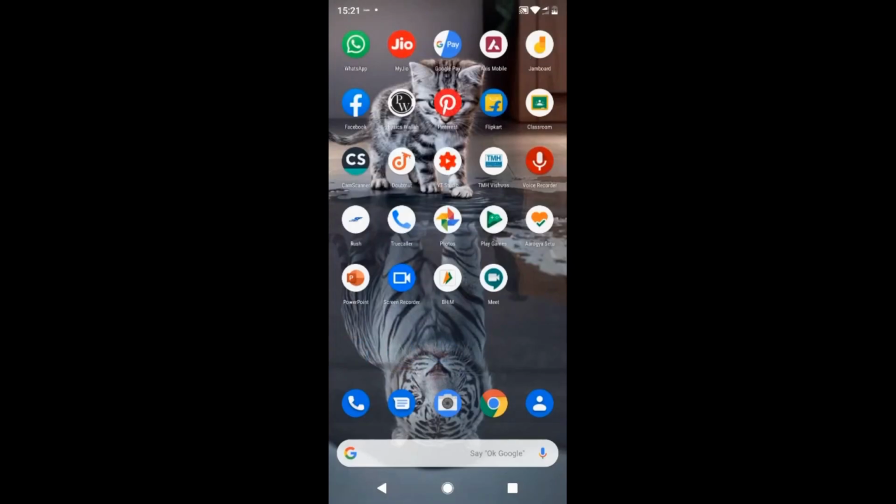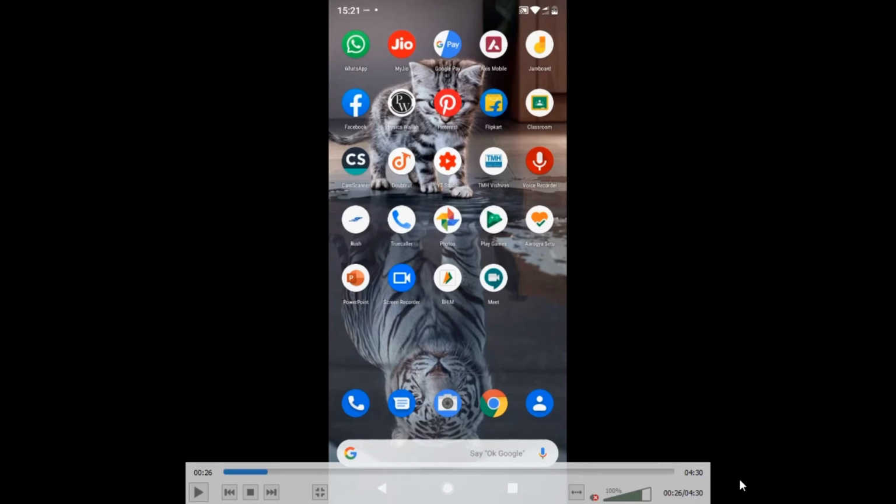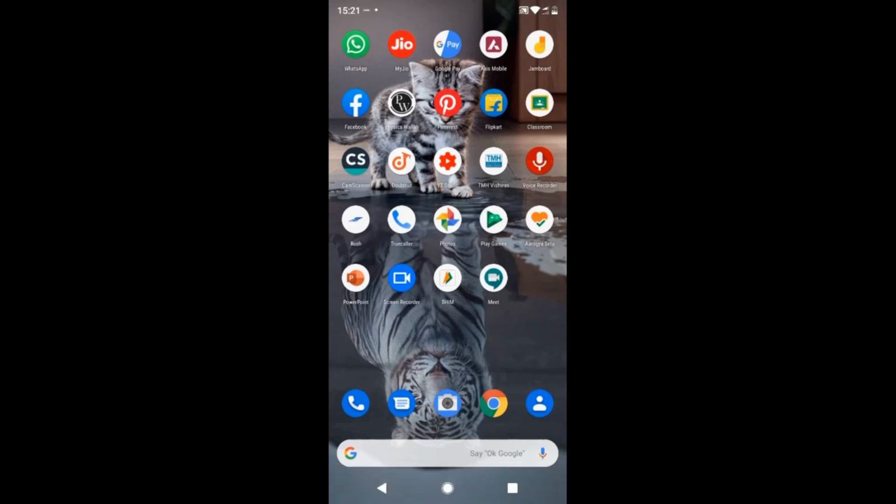Okay, so the next advantage of this process is that it does not involve the usage of the Google Meet app. It does not need the Google Meet app on your phone. The only thing you need is the Chrome browser. So the Google Meet app is not required in your phone, but I keep it because the Google Meet app is a bit neat, meaning it looks very clean compared to opening it in the browser. If it is your wish to uninstall this app after seeing this process, you can.